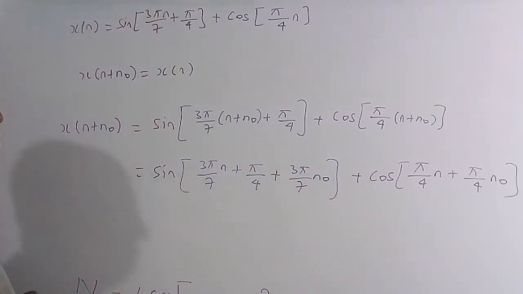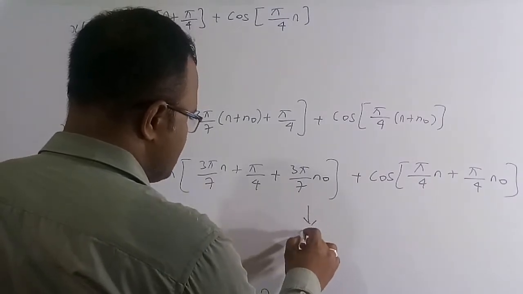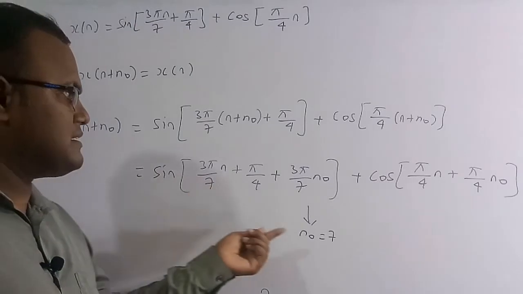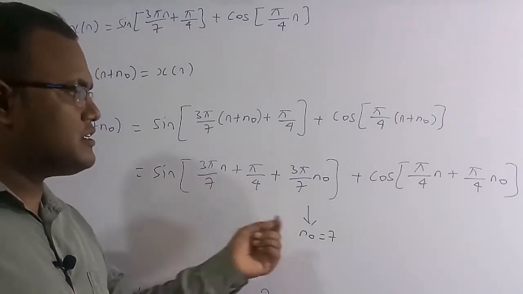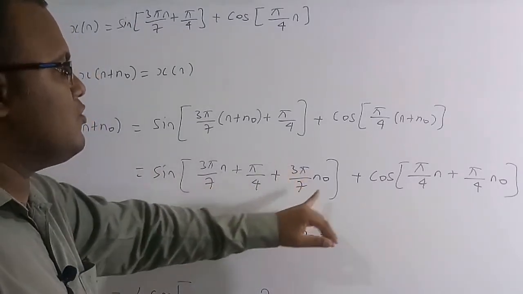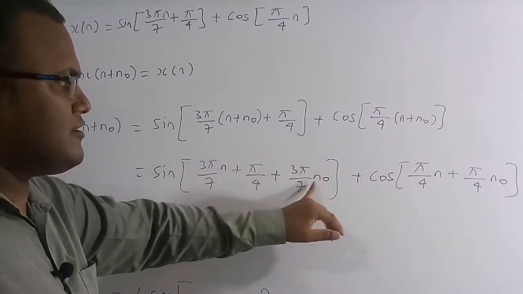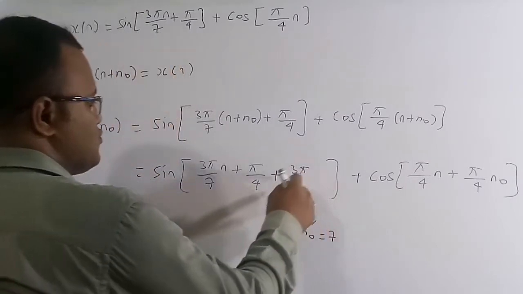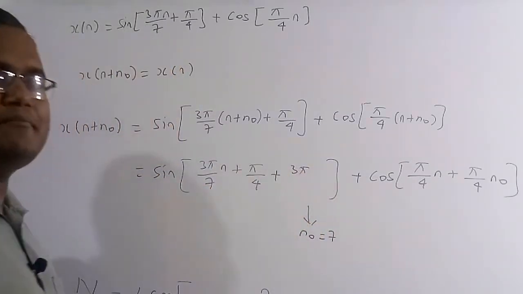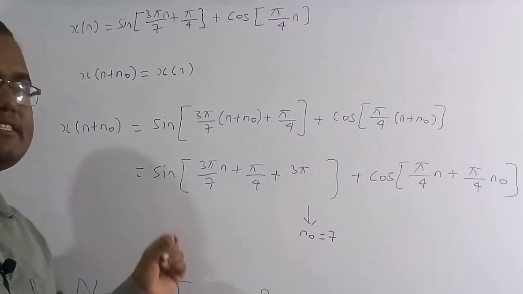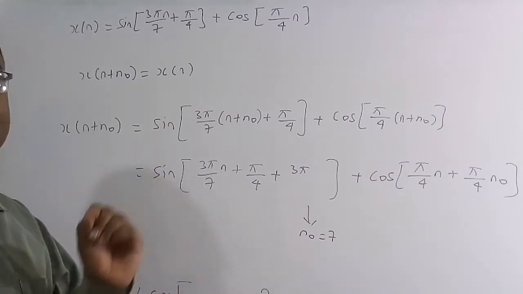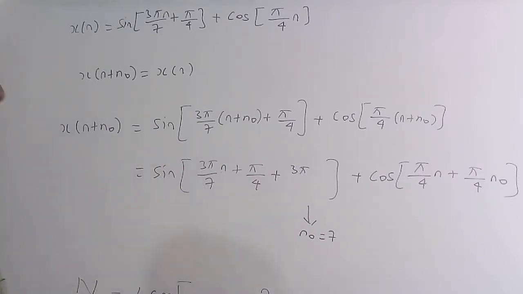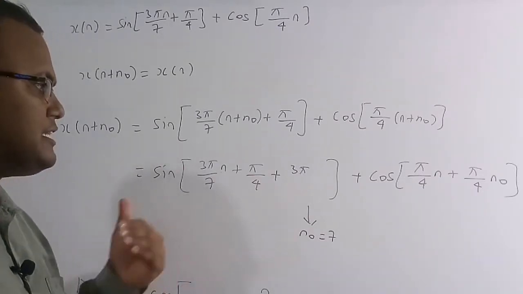So now suppose let me take here n naught is equal to 7. Suppose n naught is equal to 7, what is going to happen? If n naught is equal to 7, this is the period of the sine function. Here the 7 gets cancelled. So therefore sine of 3 pi plus theta is again minus sine theta, but we need sine theta only. We are going to get sine 3 pi plus theta, which is again minus sine theta, but we don't want minus, so we need again the positive value.